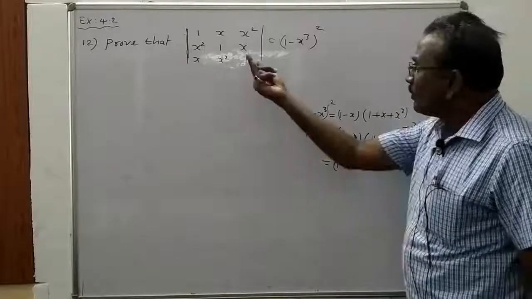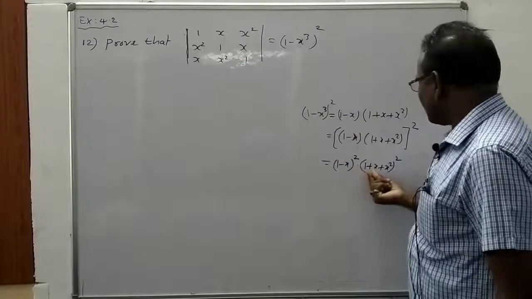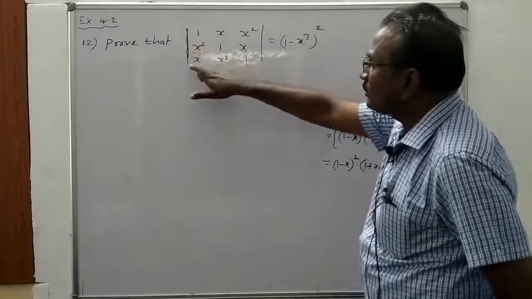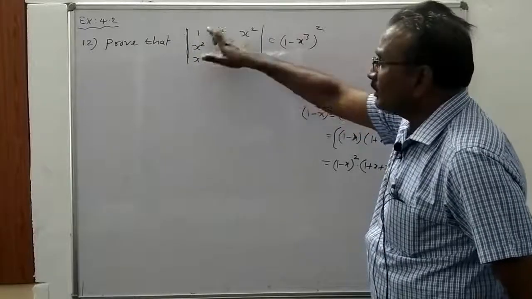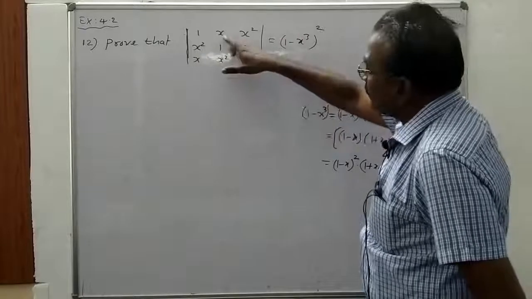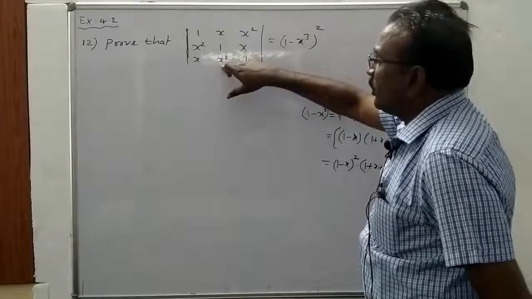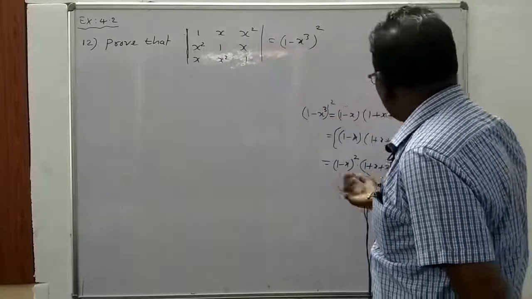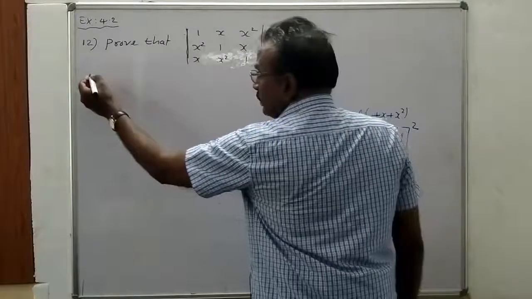So suppose here the common factor is 1 plus x square: adding first row element, second row element, third row element, we get 1 plus x square plus x, that is 1 plus x square. Here also first row element, second row element, third row element. So adding these three, x square plus x plus 1, again we get 1 plus x square as the common factor. So therefore here LHS is